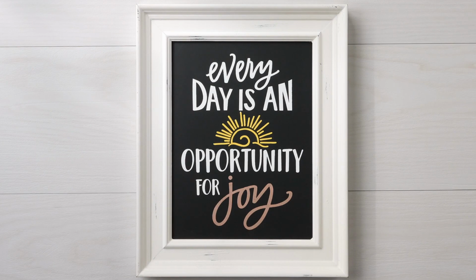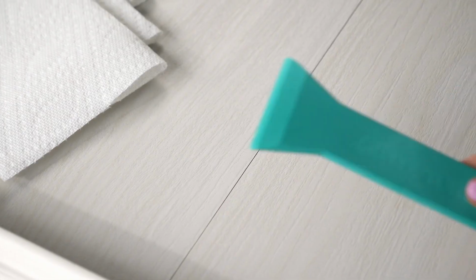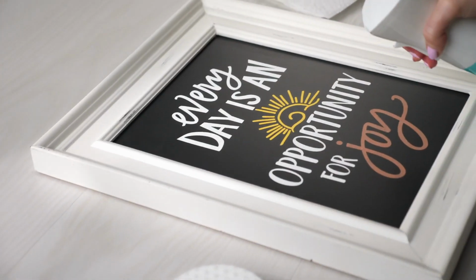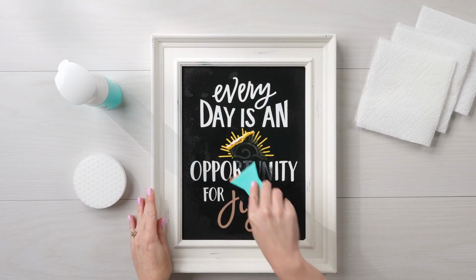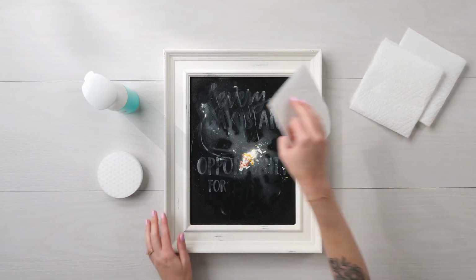To clear off past projects, you just use our board eraser, fine mist sprayer, paste scraper, and some paper towels. Spray a light layer of water and grab a paste scraper and board eraser to remove any remnants of past projects. Not only do we offer a wide variety of Chalkology Paste colors, we also have loads of gorgeous chalk